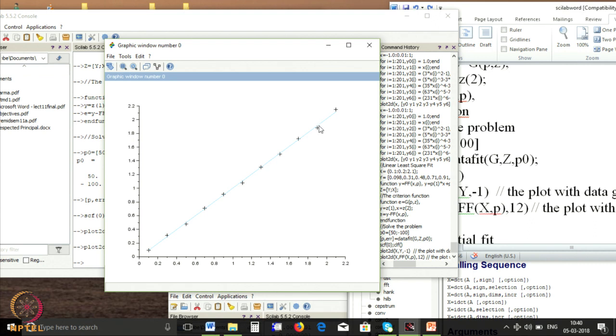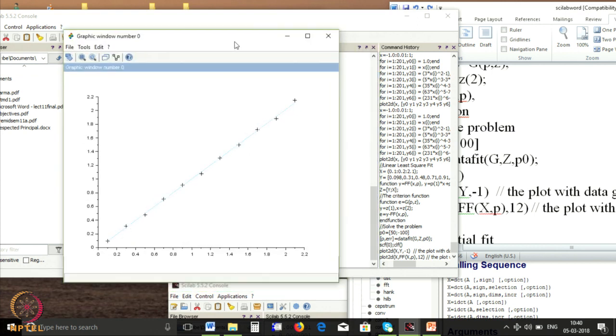So, you see that just by following the statements which were given, I am able to do this fitting almost in about 1 or 2 minutes. To me, you should know the logic of fitting the functions, you should know the program logic, but when you want to do something quickly, I feel Scilab is a much better option. So, this is my linear least square fit.